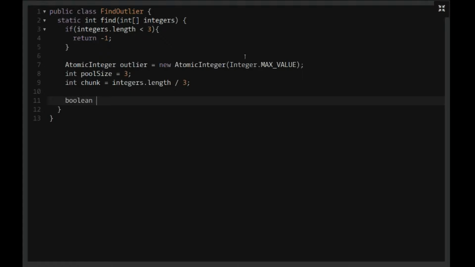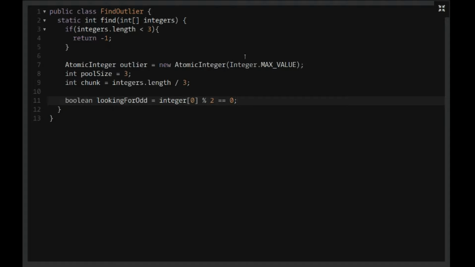Next, I'm going to set up the check to see which type we're looking for, if we're going to be looking for an even or an odd number. So I'm going to call this looking for odd, and it's going to be equal to, we're going to get the first index out of the array and check to see if it's even or odd. Now the reason I'm doing this is because I think the easiest way to check if we're looking for an even or an odd number is by just